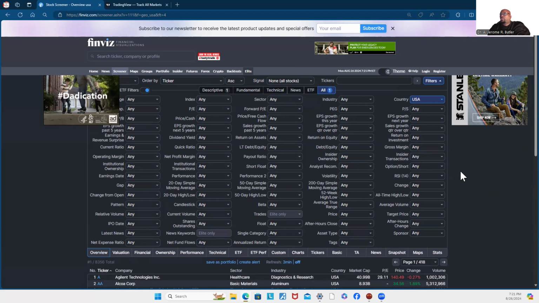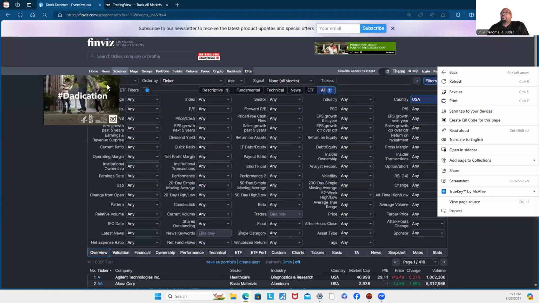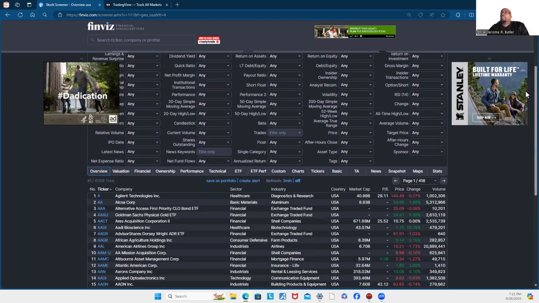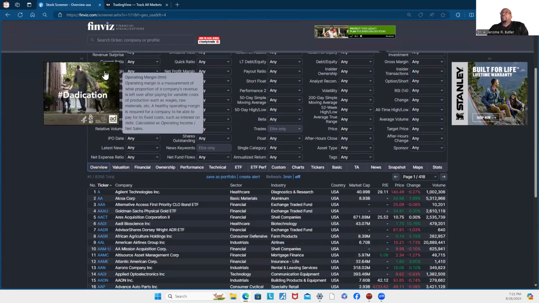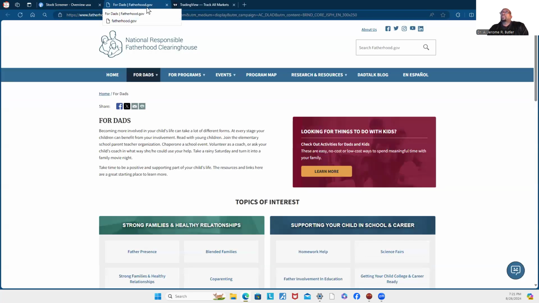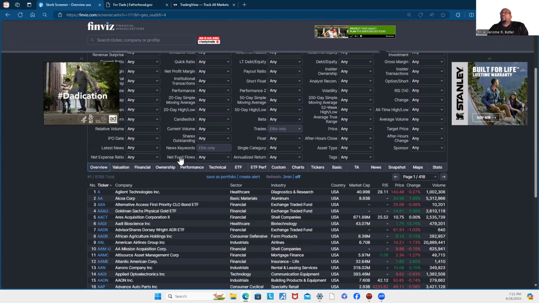Then we want to look at our volume, our relative volume. Well, actually, before we get to relative volume, this is one of the ads that I need to get out of the way so I can see a little bit better. And it is not going away. So you're going to deal with this, buddy, because you are using our platform for free. So you're going to have to deal with it. It is not going over. But anyway,